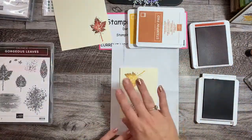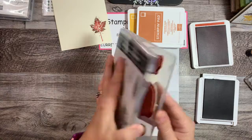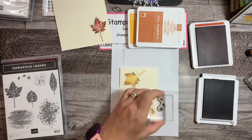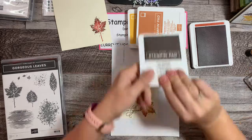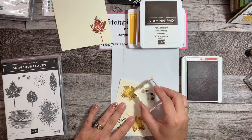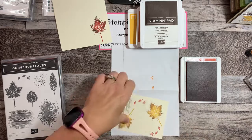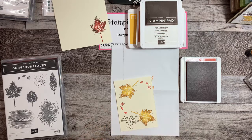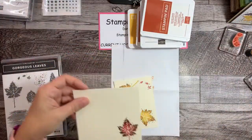All right, and then we're gonna keep this piece out, and I'm gonna grab the little 3 leaf. It's a trio of leaves up here. And I'm gonna do that. I'm gonna put this away now, my Early Espresso, because I'm done with that. But I'm gonna leave my Cajun Craze out. And I'm gonna take this and put just a few leaves up there and right over here. And I think that's good for right now because we might be able to add one down there, but we're going to just wait on that because we're going to now die cut this leaf out with